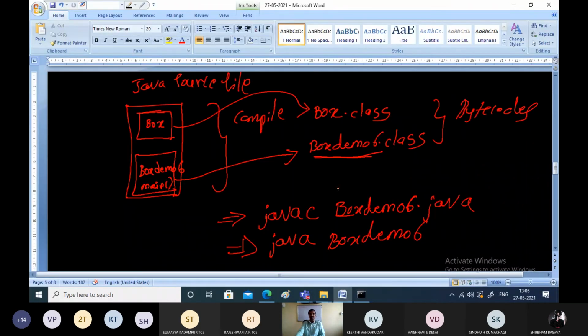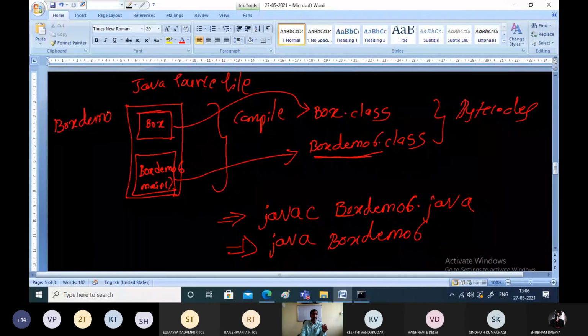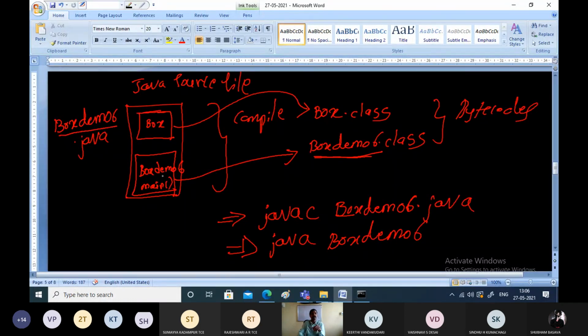So that's the reason we always have to give the name of the bytecode which is containing the main function. And preferably we give the name of the source file like this, BoxDemo6.java, for the entire source file. We have to give this same name. It gives a hint that BoxDemo6 is the class present in the source file which contains the main function.